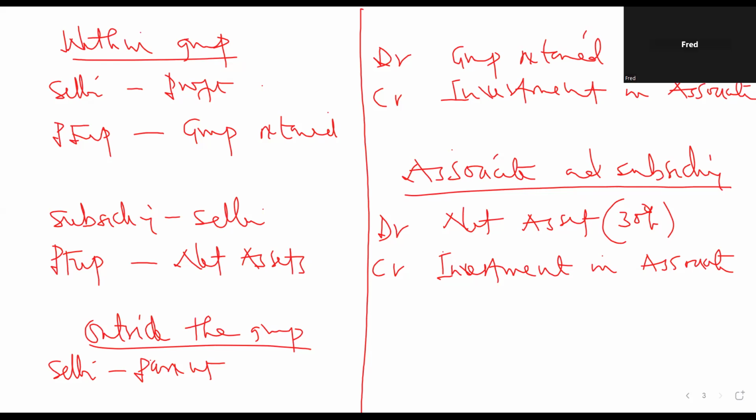So that means if it is the associate selling, it will be shared, but it will be taken to the net asset calculation of the subsidiary. No, if it is the subsidiary that is selling to the parent, the subsidiary will be the one that takes the unrealized profits. Are you supposed to take the unrealized profit to the net asset calculation of the subsidiary? Yes, because the retained earnings for the subsidiary are under the net asset. Okay. All right. Thank you very much.